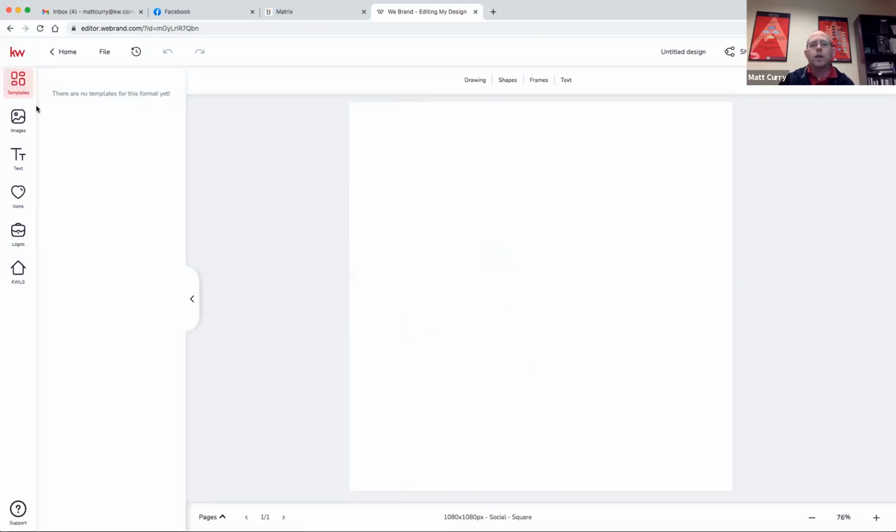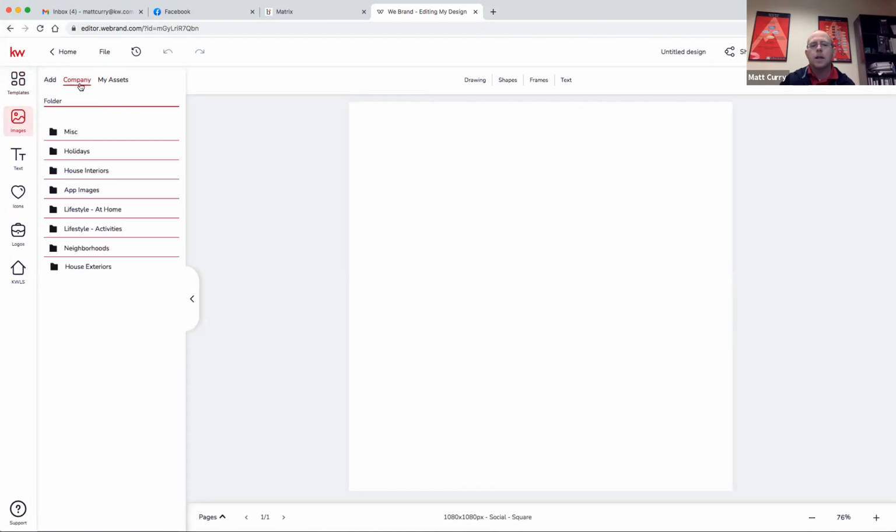And over here on the left-hand side is your toolbar for creating a design. So if I click on images, it defaults to my assets. Whatever I've uploaded in the past is going to be here for images. If I click on company, it's going to give me a bunch of stock photos that I can use on my design. So if I come down to house exteriors and click on that,